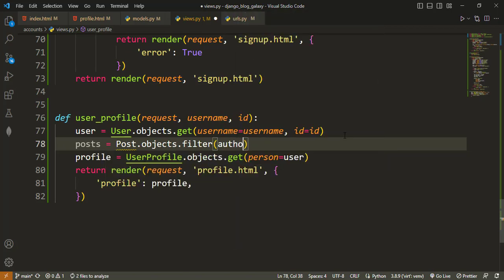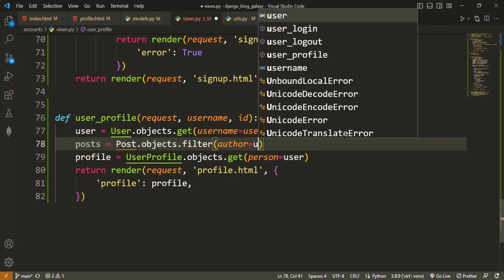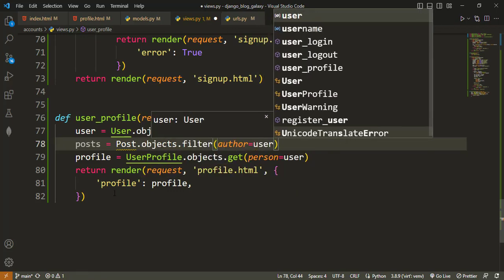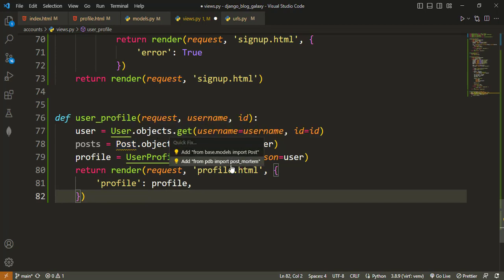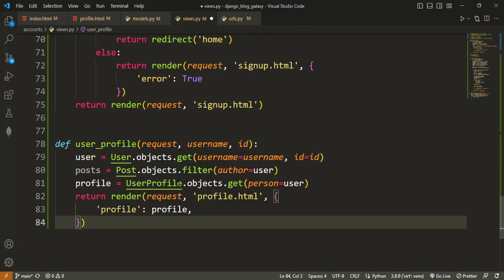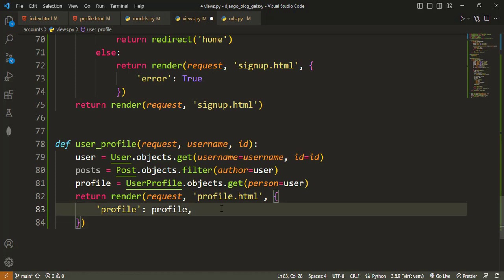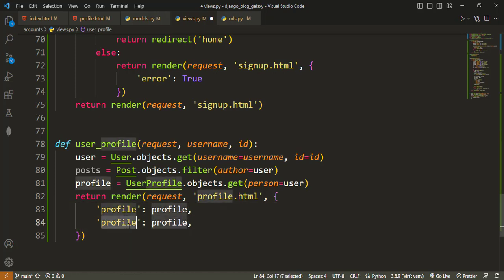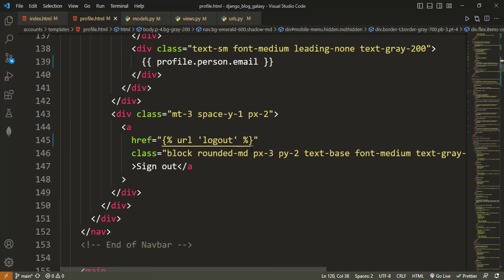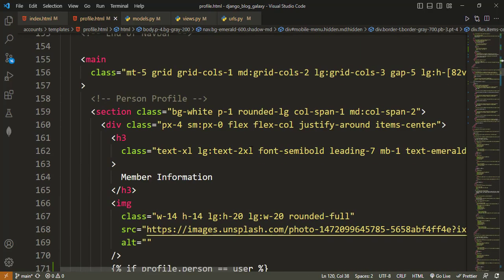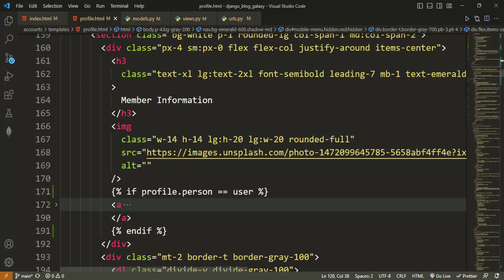And we want to filter for the ones whose author is equal to this user. And we have to import this Post. You can see that it says from base.models import Post. And so pass in the same posts also. Okay. And now inside the profile.html, we can, after the person's profile,